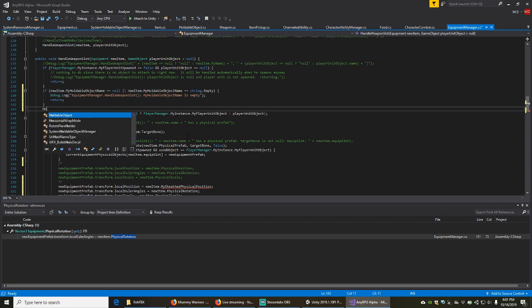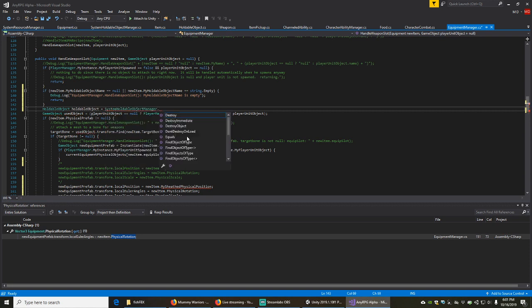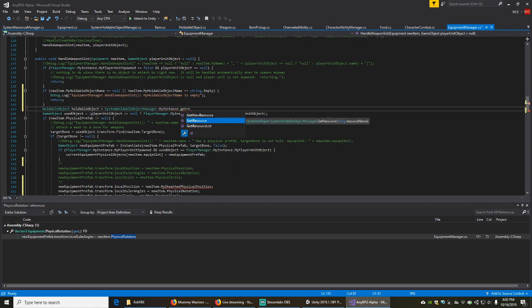So holdable object equals system holdable object manager, and we're just going to get the new item. Oops, what are we doing here? New item dot my holdable object name. Okay, so that'll get us a reference from our factory basically,